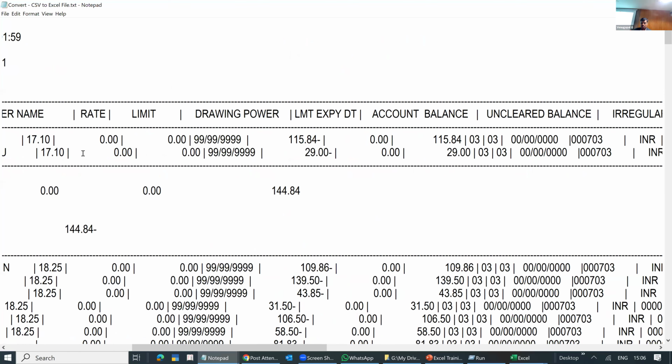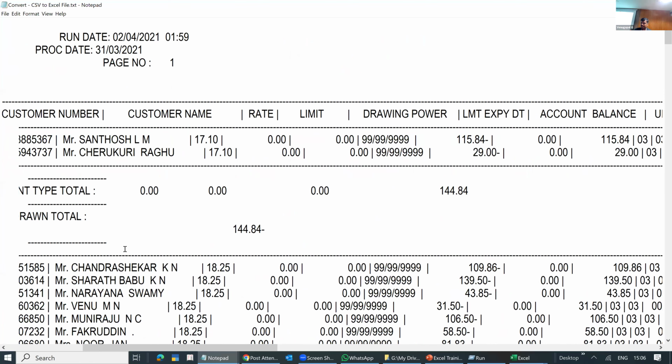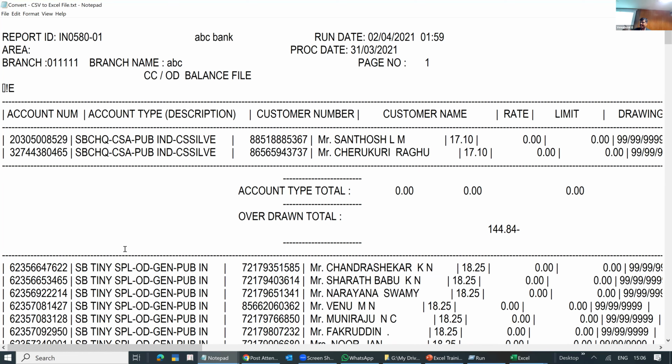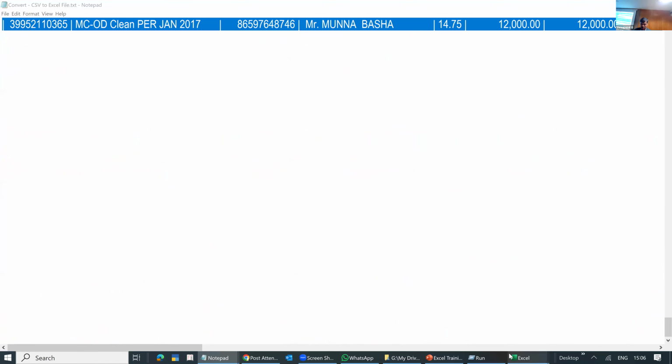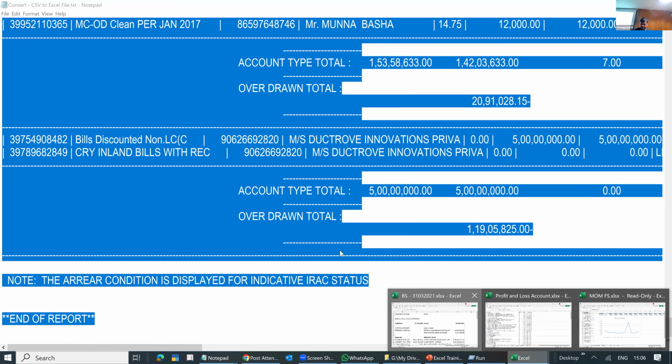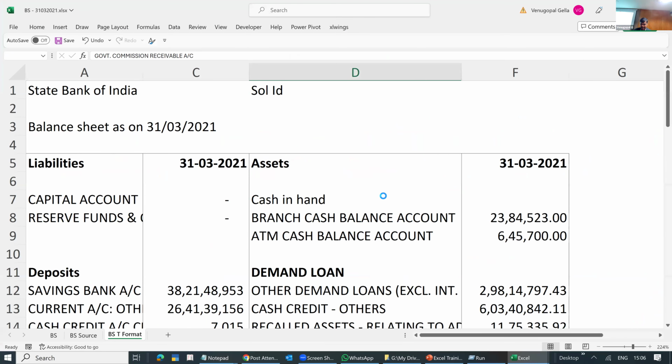So this has all customer information. This is residing in the branch server, not in your Excel. So you should know how to convert this into an Excel. Let me just copy it. Those are the files.